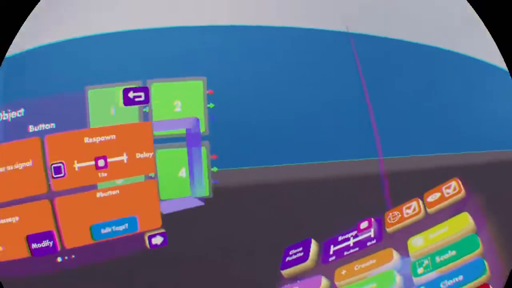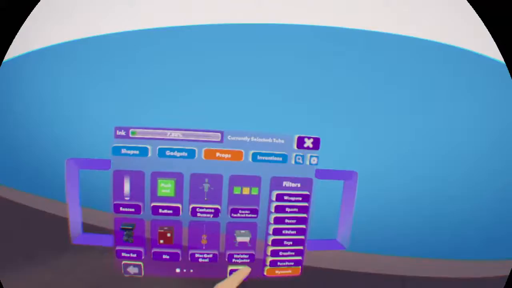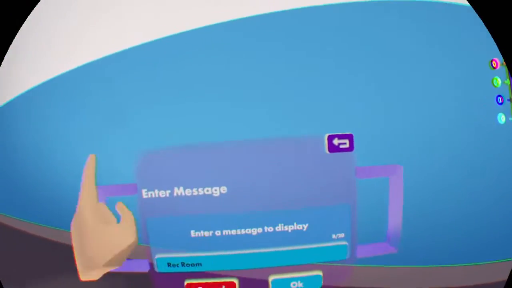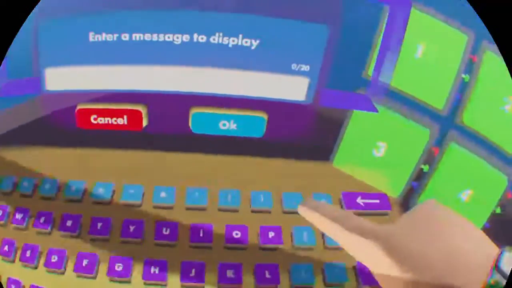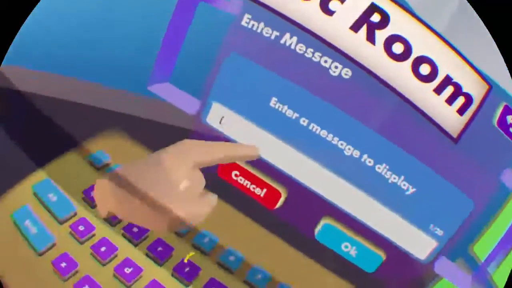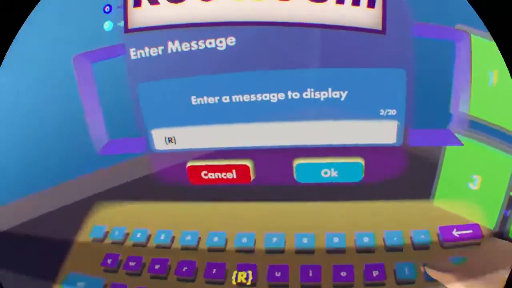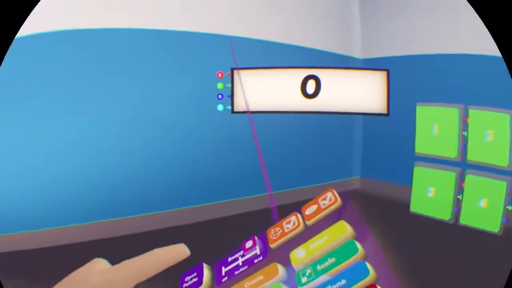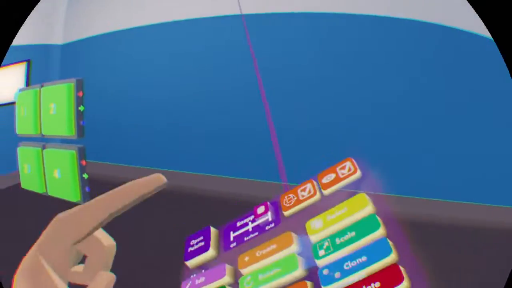Then, go to Open Palette and go to Props, Dynamic, and go to the 3rd page and you should find a sign. Configure the sign and put in the backspace, and then put Shift, the curly bracket, and then R, then the curly bracket. Before we do the rest of this code, just get that stuff, and then